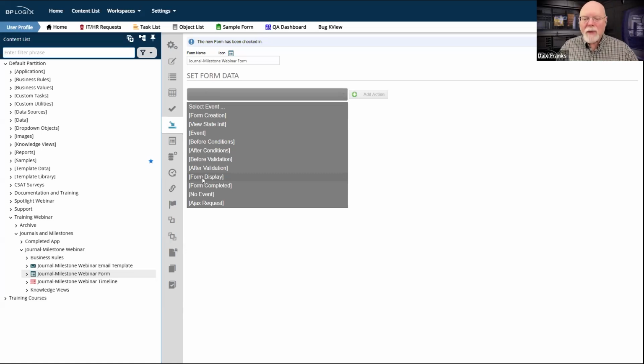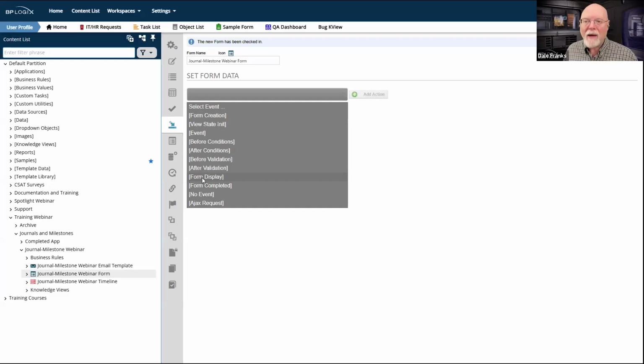Anytime that form is redisplayed, that's when the form literally gets painted on screen for the end user. And anytime that happens, I want to fire an action on that particular event. That's why we do the field dropdowns on the display event.